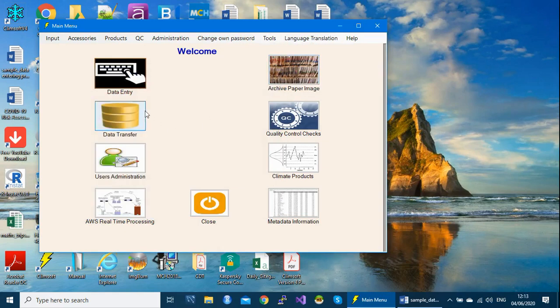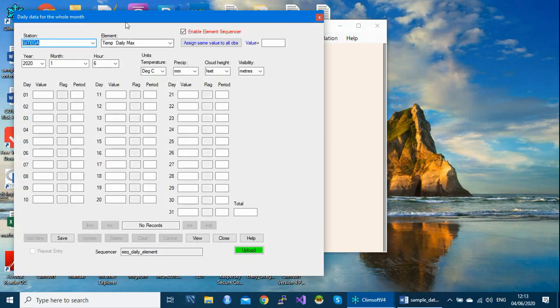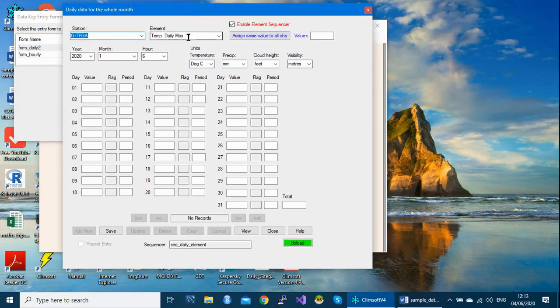So then come to your data entry forms. So you are going to enter daily data. Open this form. By default, it will show this element, but you need to change this and click element 5. And then let's say you are going to enter data for year 2020, January, at this hour.